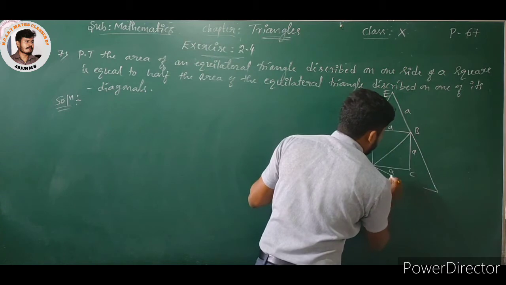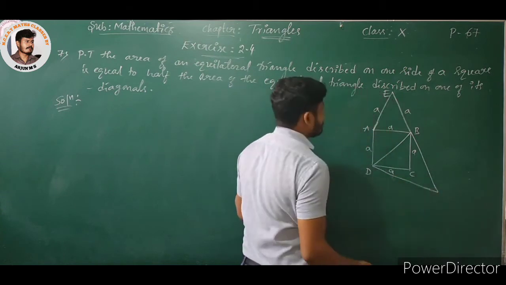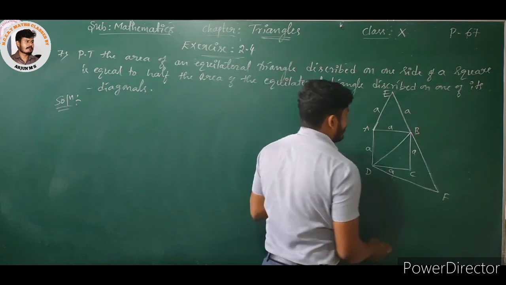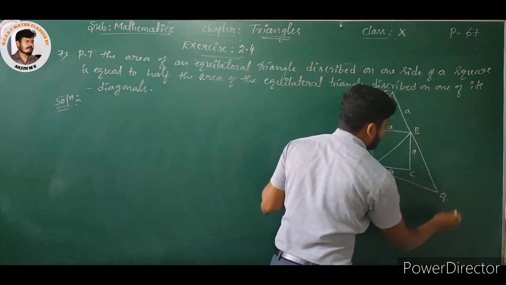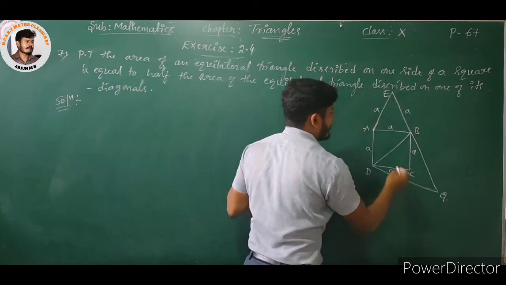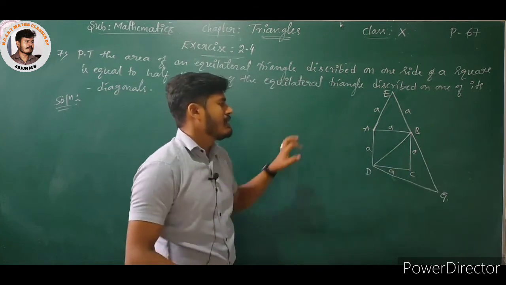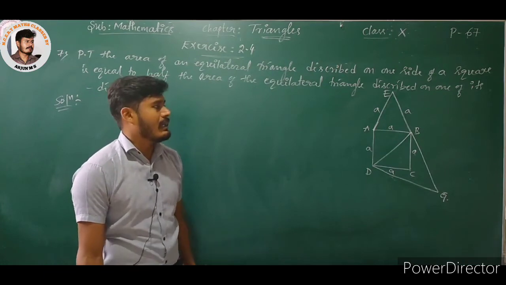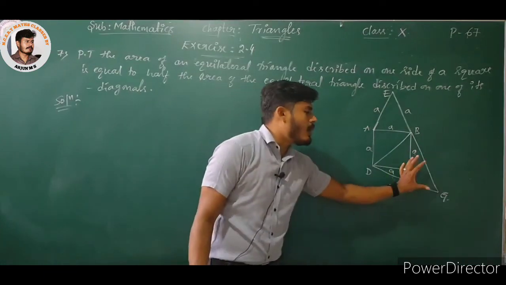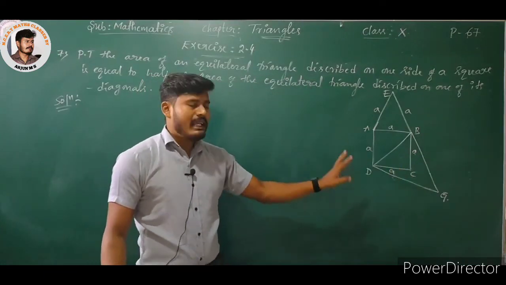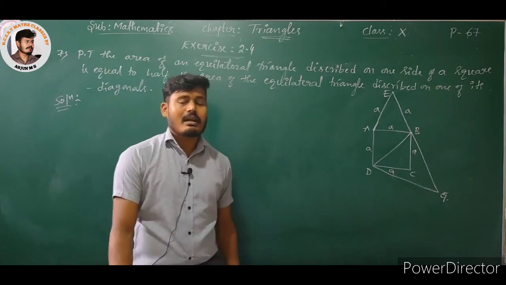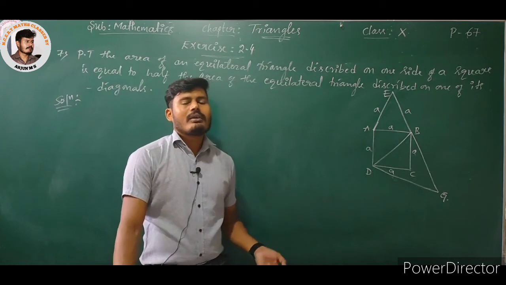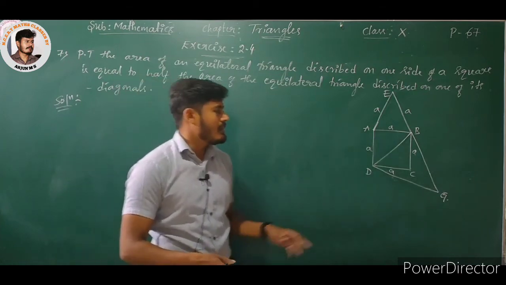So mark this as F, right? Or you may take down G. Then we already know about each and every side of equilateral triangle ABE, but we don't know about BDG. BDG is another equilateral triangle, but of course, here also we can easily know the measurement of each and every side,